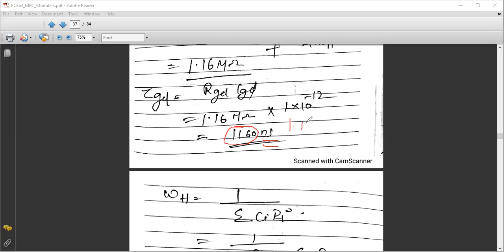Yes, sir. I will explain once again. You are getting 1.16 into 10 to the power minus 6, right? Now what will you do? You will multiply with 10 to the power minus 3 and divide with 10 to the power minus 3. I will take this 10 to the power minus 3 with 1.16. So 10 raised to minus 3, when it comes to the numerator, will become 10 to the power 3, which is 1000. So 1000 into 1.16 will become 1160. And these two together will become 10 to the power minus 9. That is nano. Understood, sir. Yes, sir.